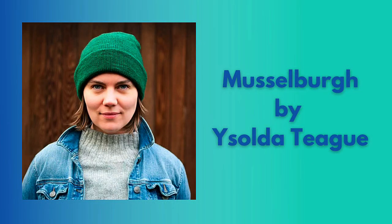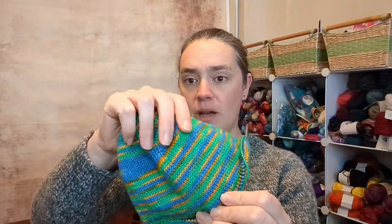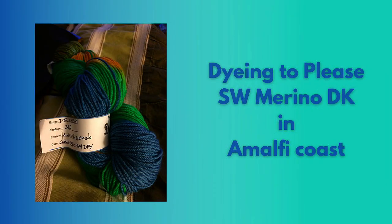First up is another hat. I enjoy having some just regular round and round knitting for my on-the-go knitting, and my go-to pattern currently is the Musselburgh hat. This is a pattern by Ysolda Teague, and I had some DK left over in this very fun color. I knit a hat for my nephew a couple years ago out of this. This is Dying to Please in their Superwash Merino, and that it is a DK weight, and this is Amalfi